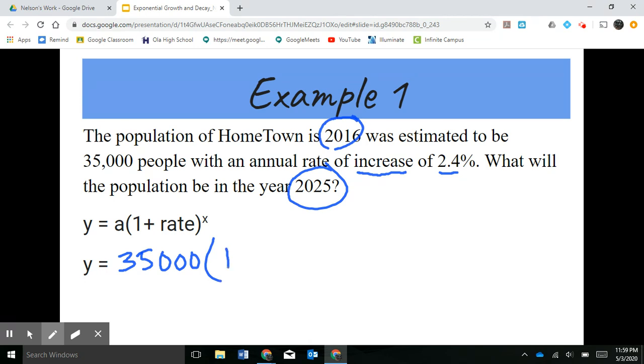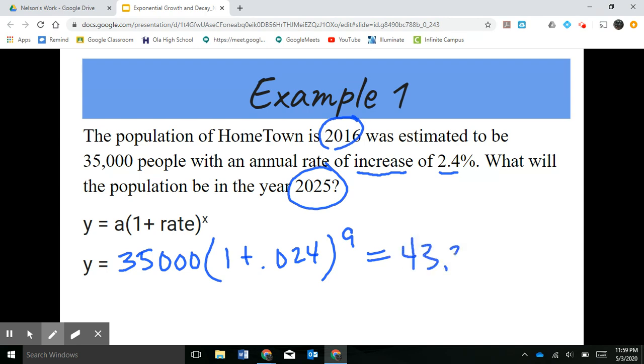We know it's an increase, so it's 1 plus. You never use a percent. You have to change it to a decimal, so that'd be 0.024. And so instead of 2025, I want how many time periods occurred. That was 9 years. So when you put that in your calculator and you hit enter, you get